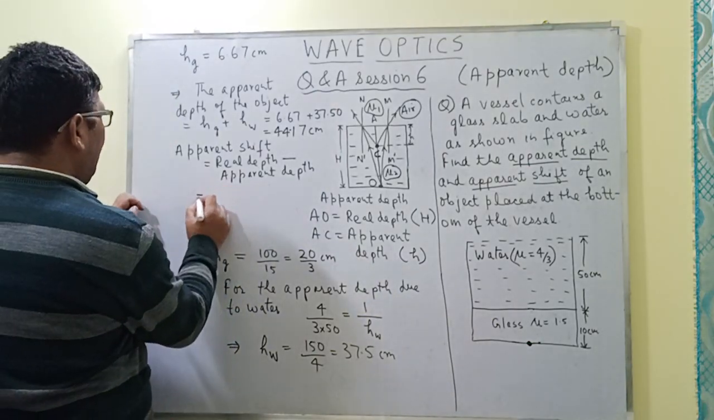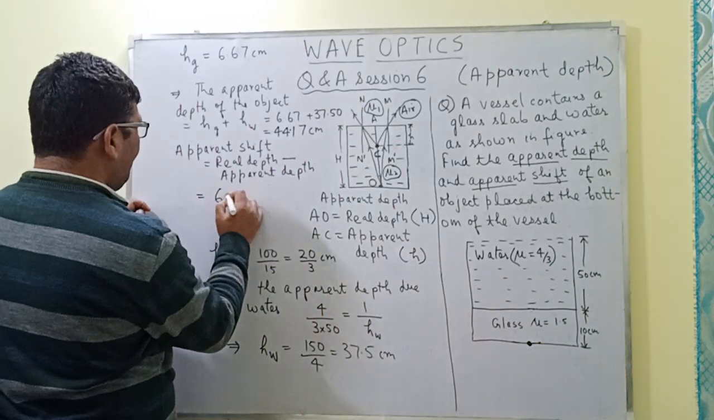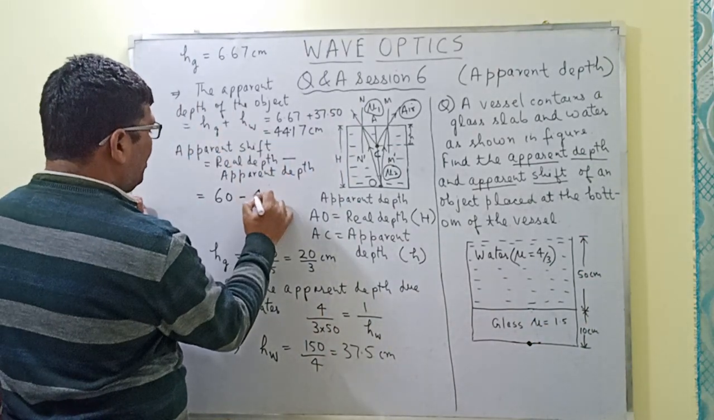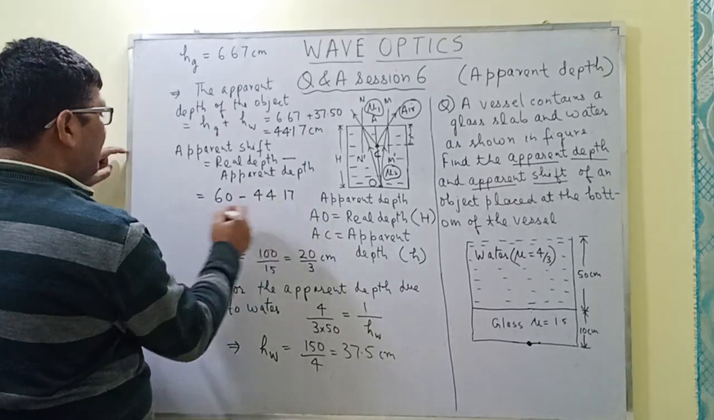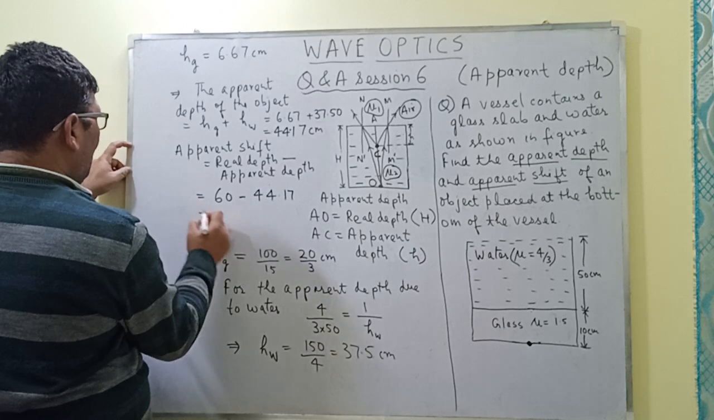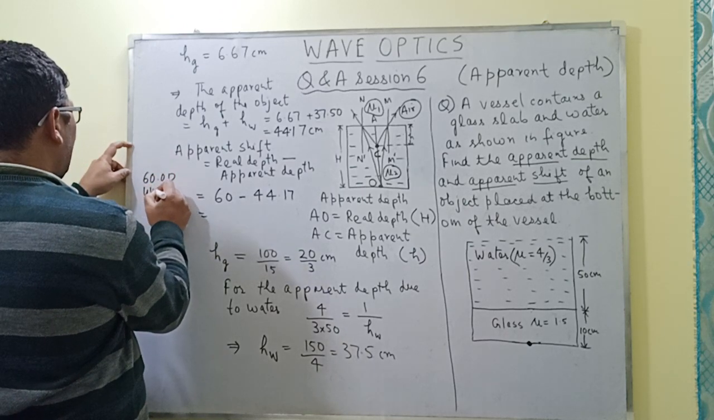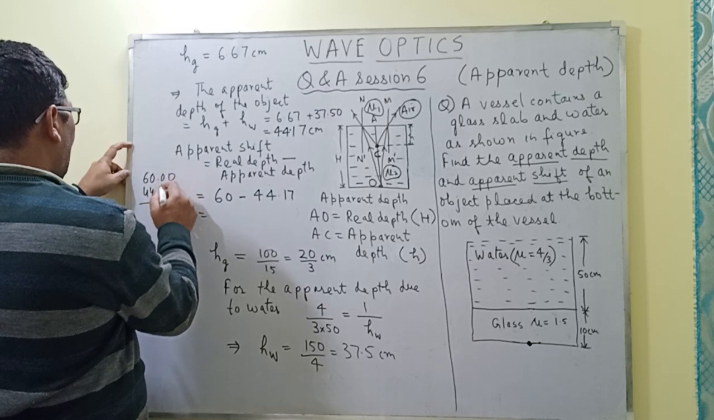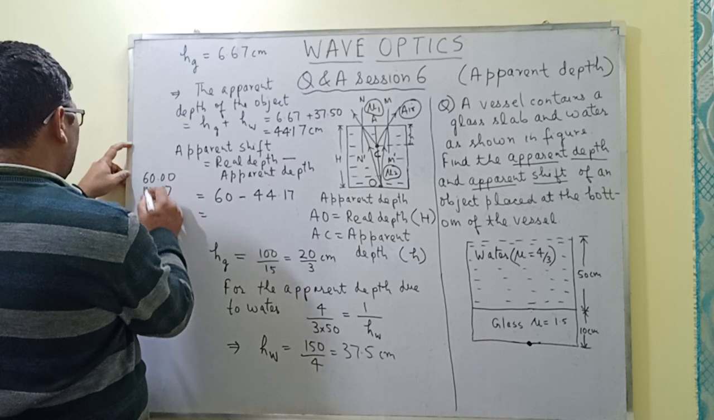So this will be equal to, the real depth is equal to how much? 50 plus 10, that is equal to 60 centimeter, and the apparent depth was equal to 44.17 centimeter. So this will be equal to what? This will be equal to 60.00 minus 44.17. So this will be equal to 9 minus 1, that is equal to 8, and this is equal to